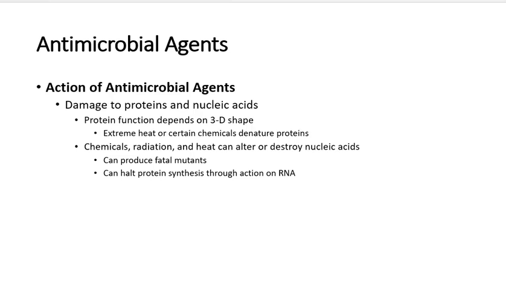There are some antimicrobial agents that will change the 3D shape of that protein. Most of you already know you expose it to heat or to certain chemicals that will, quote unquote, denature the proteins, i.e., take that protein apart, ruin the bonds between them, and therefore